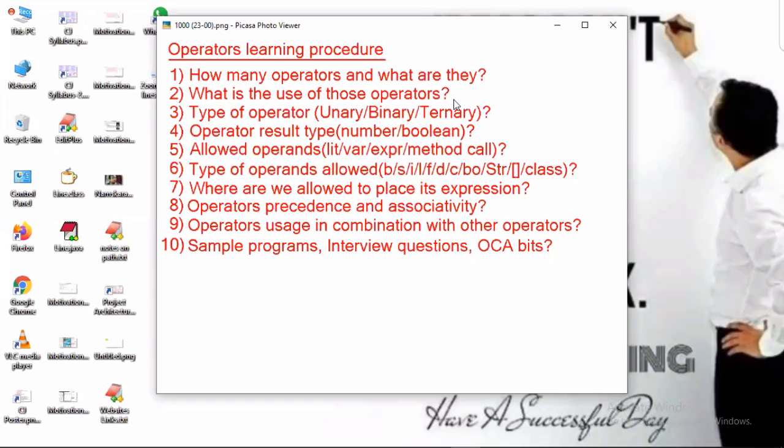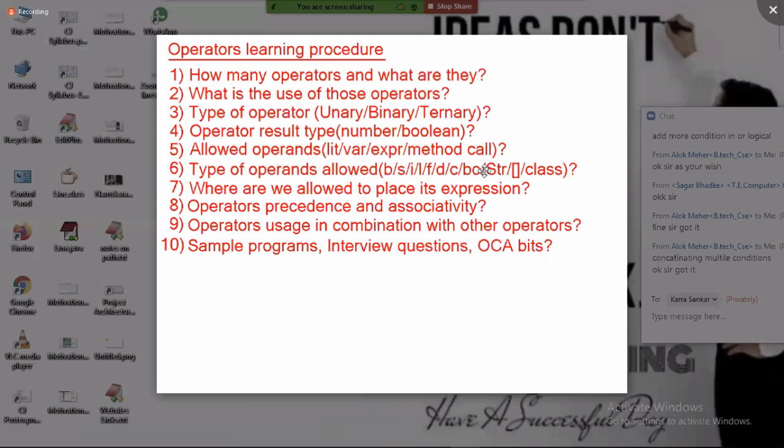Now if you want to execute a block of statements if both conditions are true, then you should use double AND. If you want to execute a block of statements if either one, at least one condition is true, then we should use what? OR. For example, you are celebrating your birthday party.